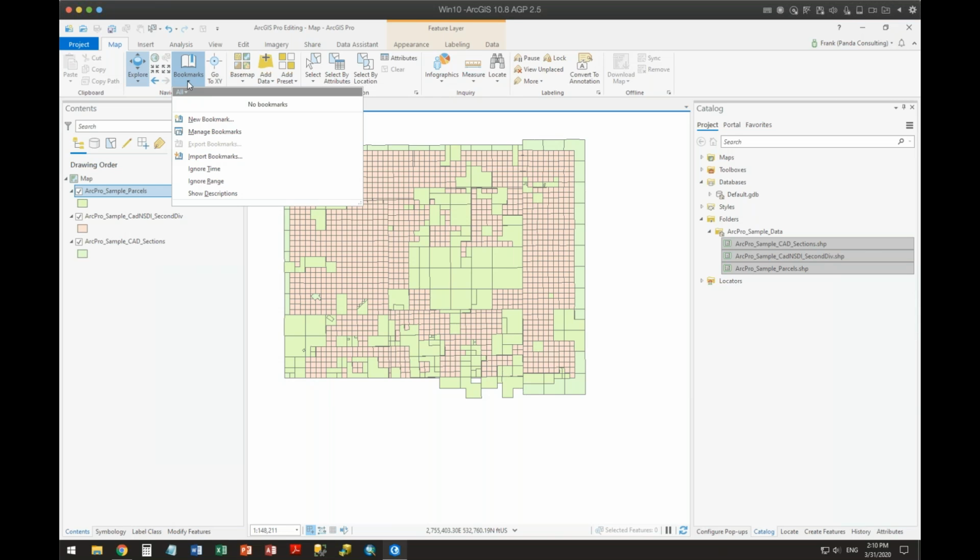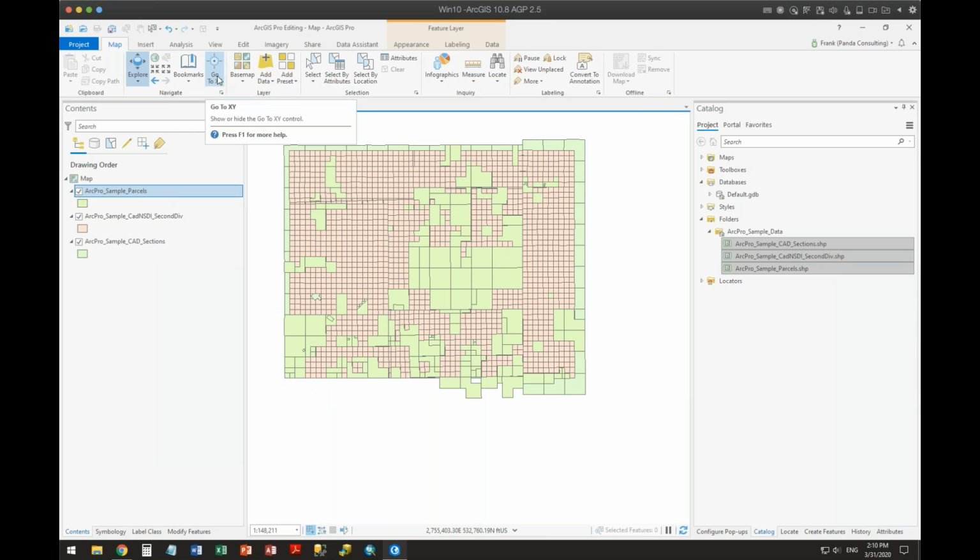All right, I actually like these bookmarks. It works the same as it used to. You create a bookmark, you can manage it. You can reset the extent of them. They've done some nice changes in here. You can actually export out your bookmarks and import them in later. There are actually some nice elements in here.